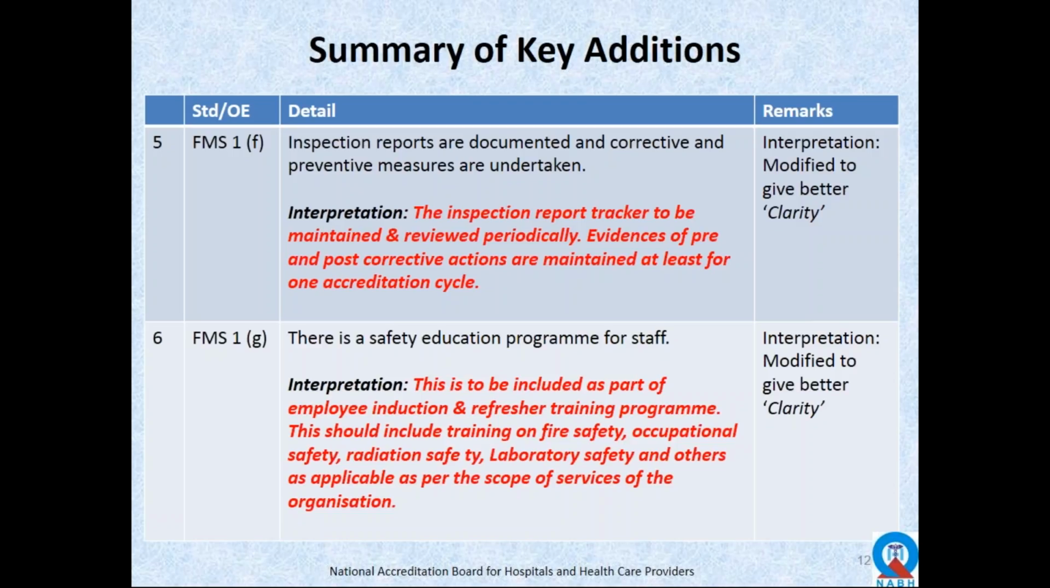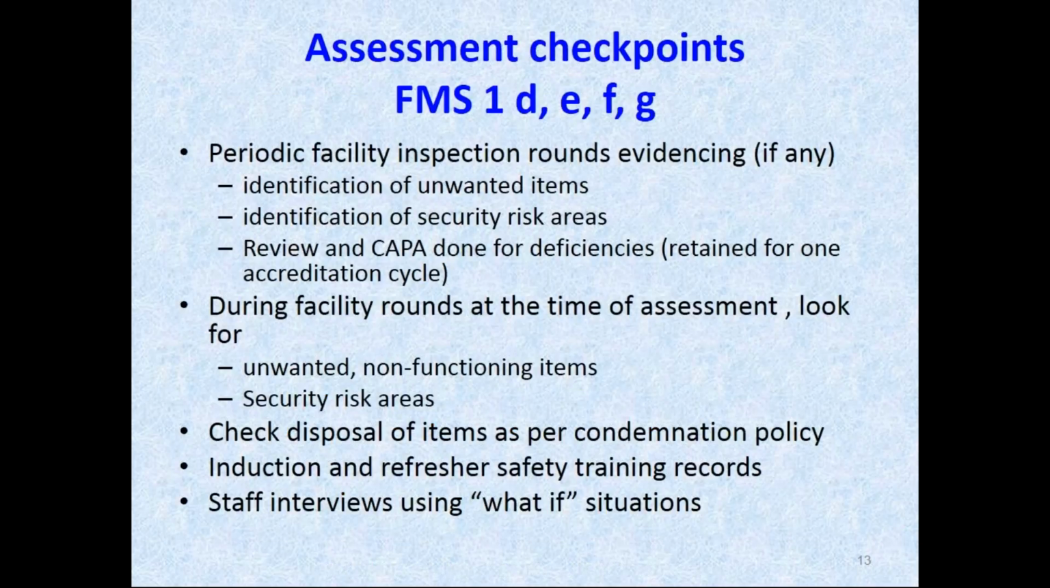Assessment checkpoints for the FMS 1, D, E, F, and G, I have taken them together because when you are on facility inspection rounds, check whether the organization itself has identified unwanted items lying around here and there, identification of security risk areas which I mentioned earlier, and a review and corrective and preventive action taken based on the deficiencies found during the facility inspection rounds, and these be retained for one